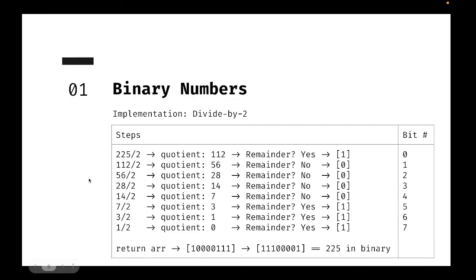Then we go back and we have the quotient here, 112, and we divide it by 2 again. The quotient is 56. It divides in evenly. There's no remainder, so we turn that bit off. And this is the second array element, or the first, which is denoted by a 1 for the subscript, for the index. We then repeat this step until we reach the final